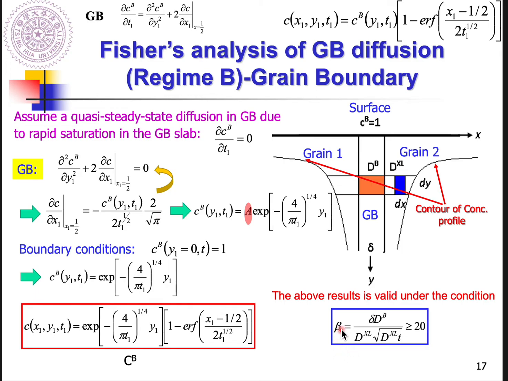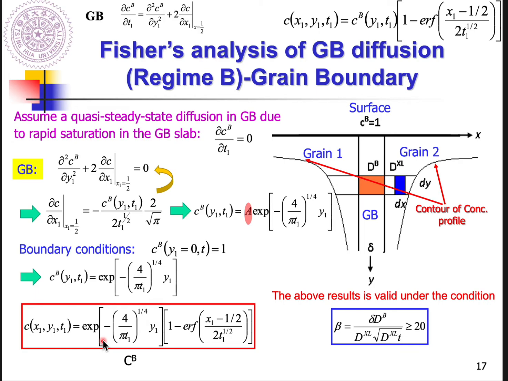As long as beta, which is delta dB over dxl square root of dxl t, is larger than or equal to 20, under this situation you can directly use this result to obtain how the concentration profile changes with location and time in